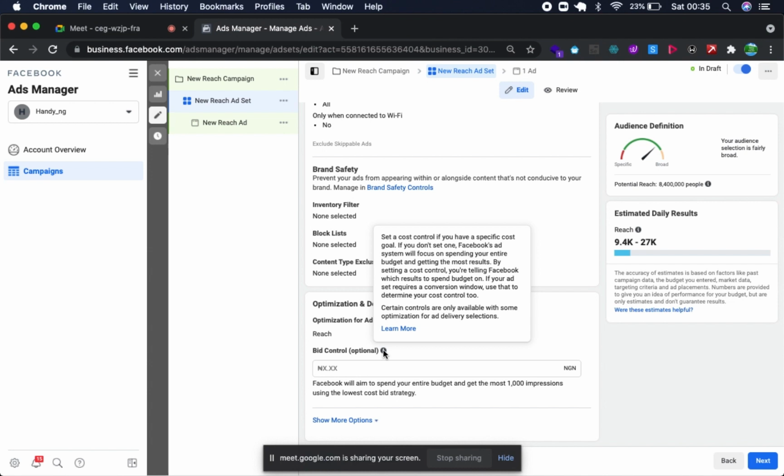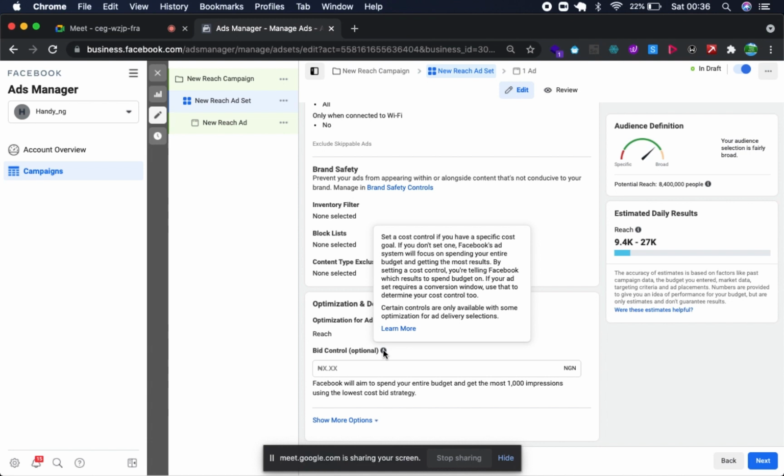Most times when I advertise on Instagram and I put a cap, if I told Facebook to use 10,000 naira, probably even 4,000 naira is very low. They will end up not using the whole budget, because we were outbid in most scenarios, so we could not reach the number of people that we intended to reach.